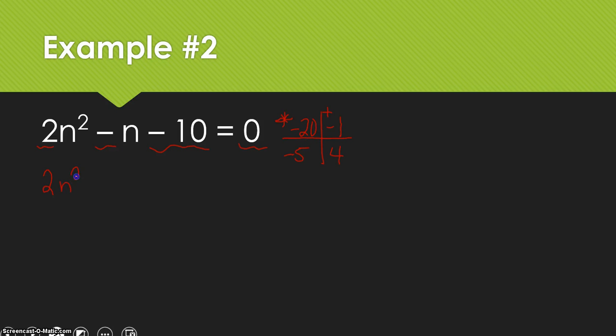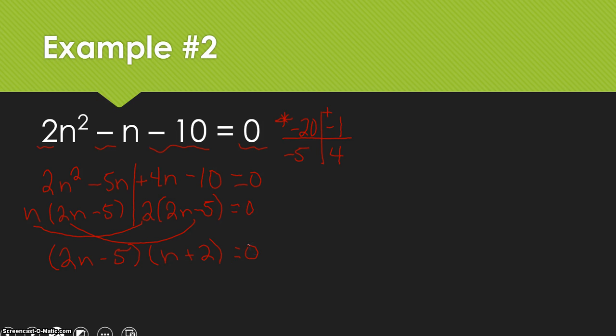So now I have 2n squared minus 5n plus 4n minus 10 is equal to 0. So now I split it in half and factor by grouping. 2 doesn't divide 5, so I can't take out a 2, but I can take out an n, and I'm left with 2n minus 5. And 4 doesn't divide both 4 and 10, but 2 does, so I can take out a 2, and I get 2n minus 5 again. So then these are the same, so now I've got 2n minus 5 and an n plus 2